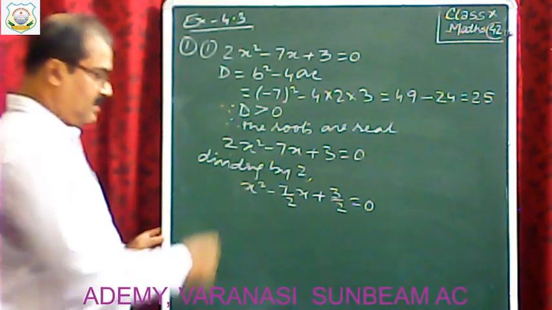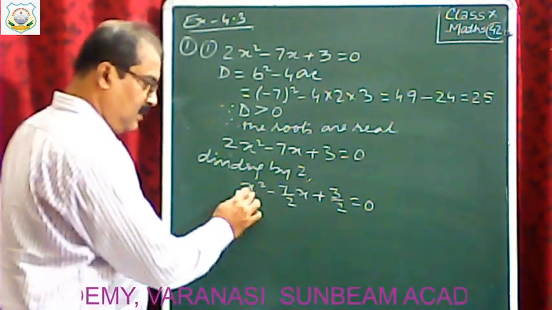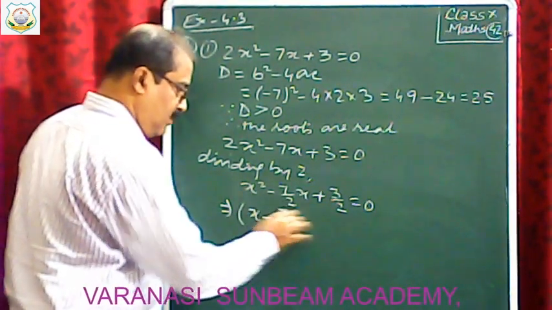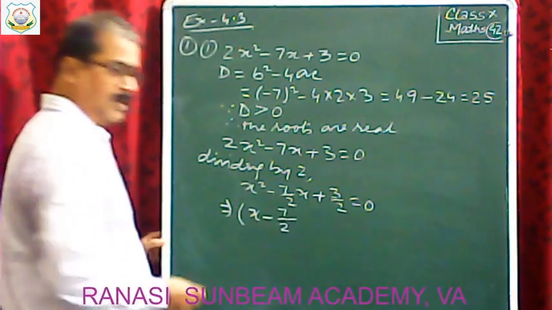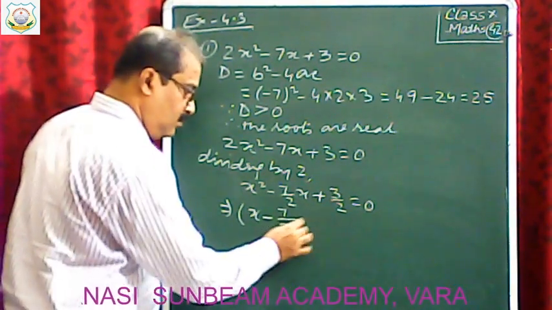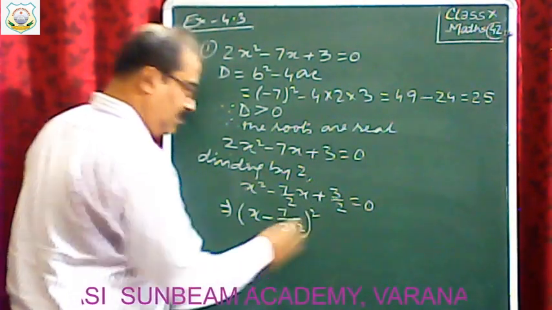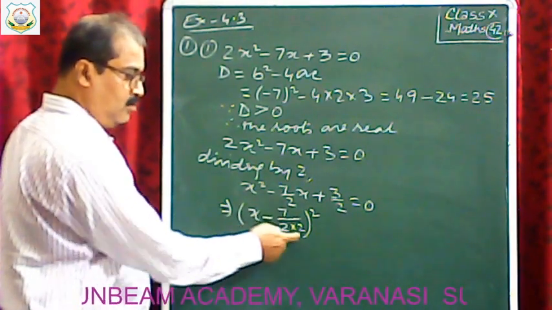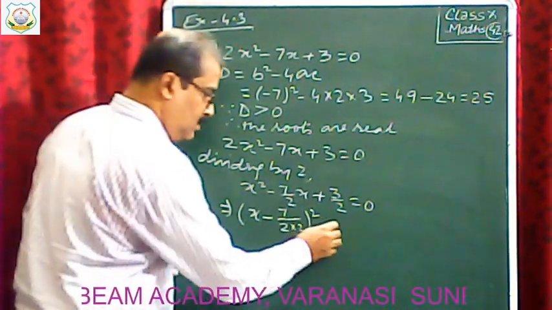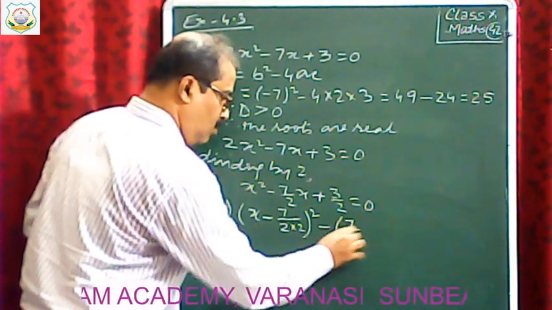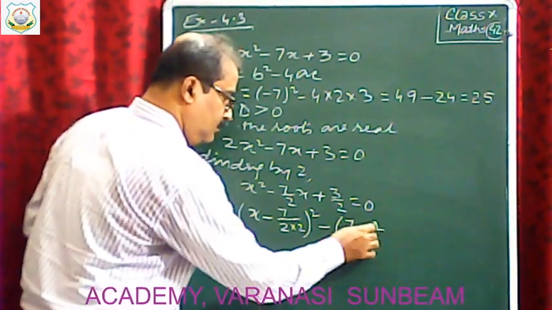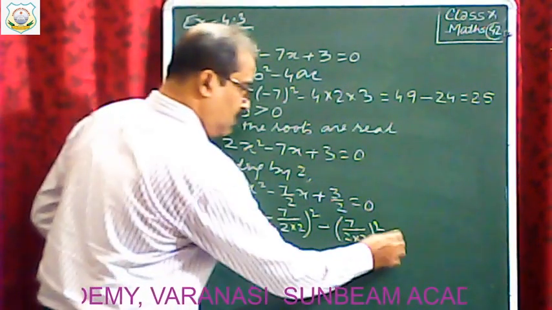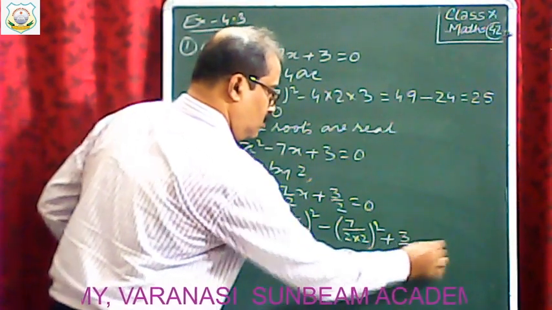Okay. Thereafter, x square is there, to write x minus 7 by 2. You have to multiply the denominator by 2 always. You have to multiply 2, make it whole square. And thereafter we get the form a minus b whole square. Part of a is x, part of b is 7 upon 2 into 2. So then and there you have to deduct the part of b whole square, 7 upon 2 into 2 whole square you have to deduct. Plus 3 by 2 equal to 0.